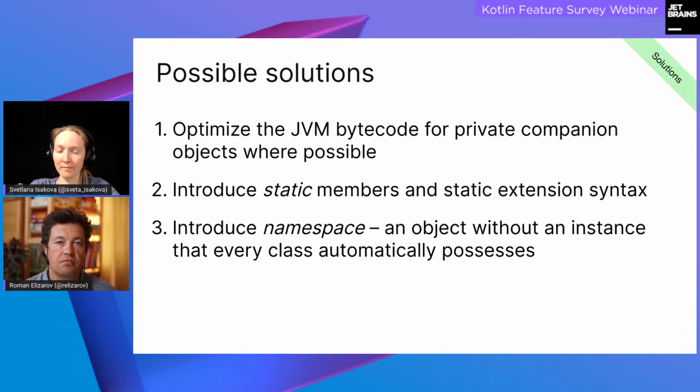I mean, if you look at the top languages that are popular nowadays, most of them have this static keyword that you can add before declarations to make members static. The notable exception here is Swift, which uses the class keyword, but the concept is the same. And the difference from companion objects is that if we add statics to Kotlin, then it means you don't have